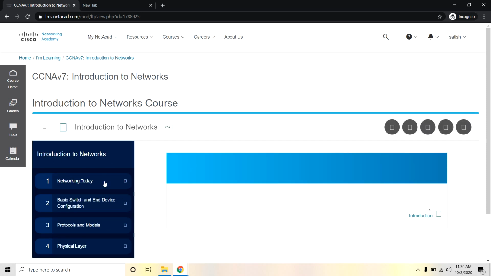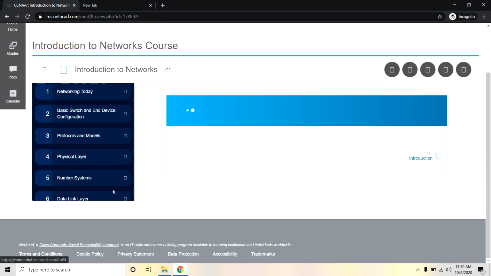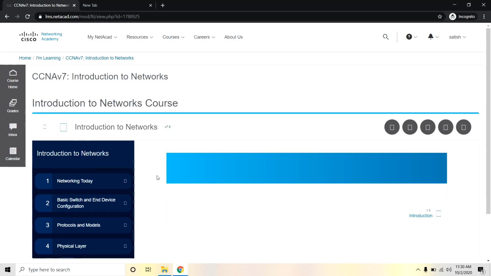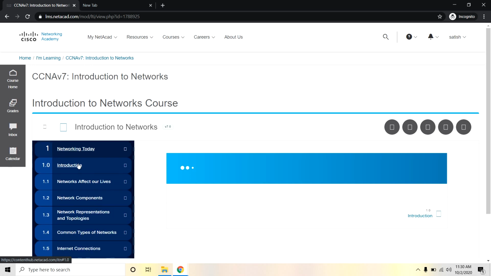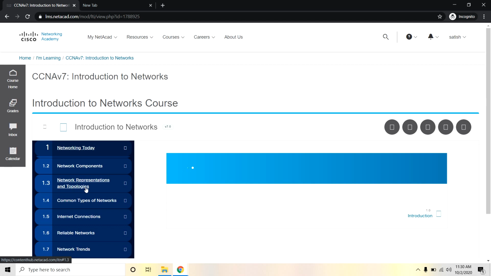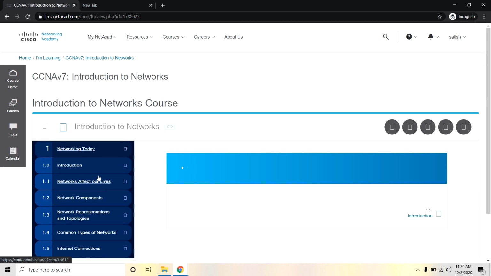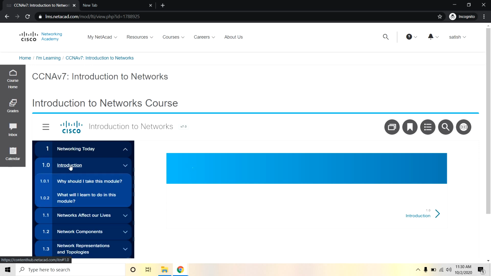Now you can see each and every module. Click on a module and there are sub-modules available, such as network components, network representations and topologies. Module 1 contains Networking Today, and subtopics are available.